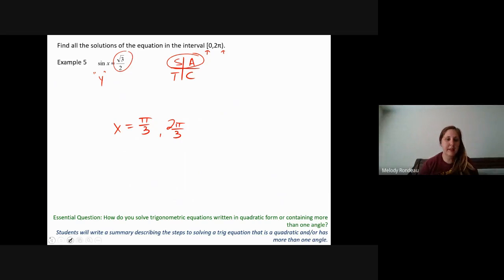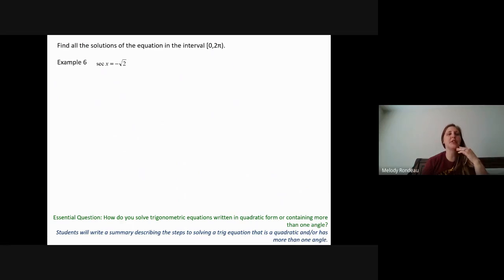Okay, and then let's jump to the last one of that section. This one, actually, I didn't do this on the others, but I do want to remind us of one other thing that we talked about a while ago. I don't want you guys to forget. To solve for that x, which is essentially what I'm doing, I'm just working it backwards. But to technically get to the x, I have to undo the secant there. To undo the secant, that requires doing the inverse. So actually what I'm doing is secant inverse of secant x